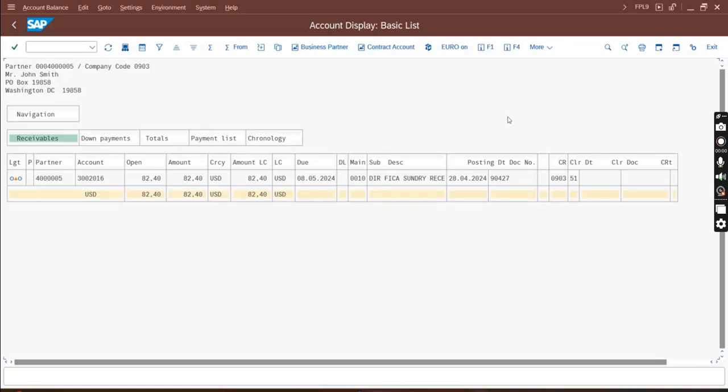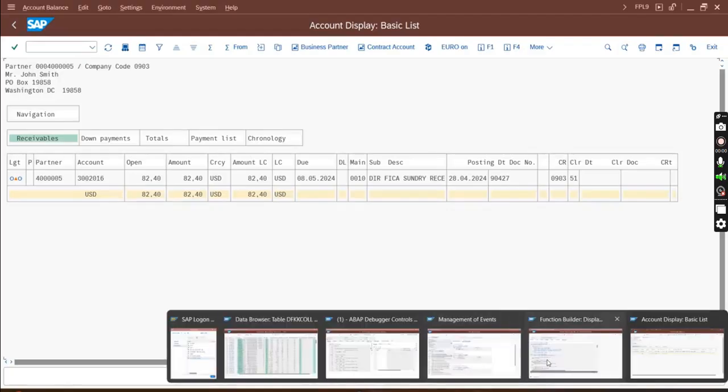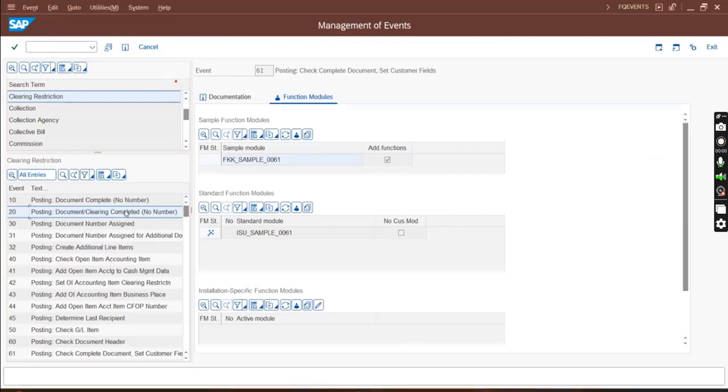Sometimes if you want to know to which event you need to enhance, for that you need to see what the different events are and in which sequence. Say I saw 20 event lists. Out of those, I will open each event, go through the text and description of those events, and I will come to know which event is suitable and where I should write my logic. Okay, like 42 is for clearing restriction.